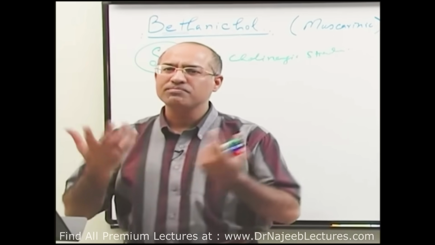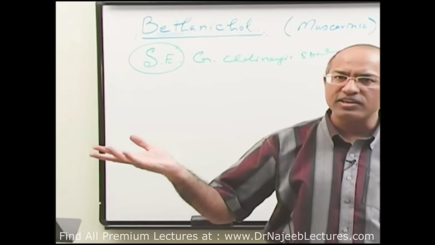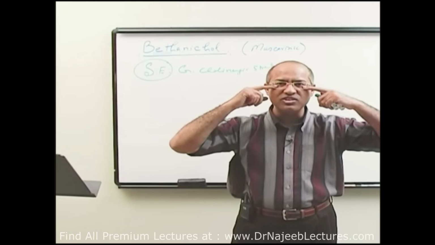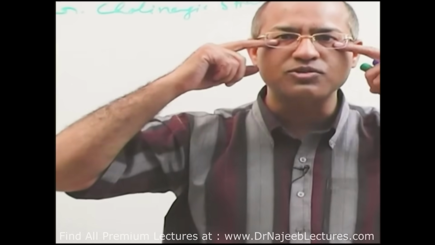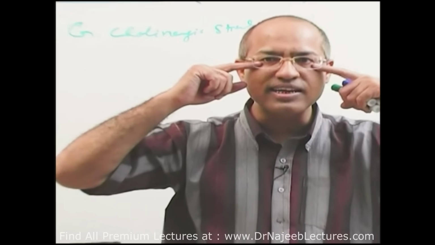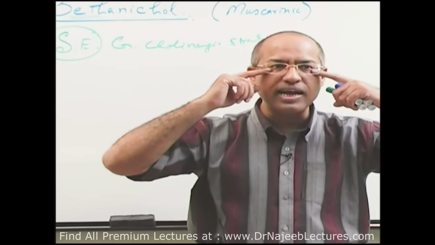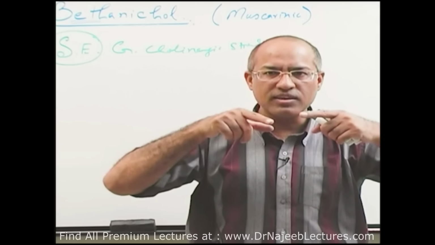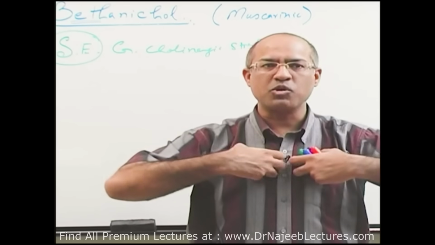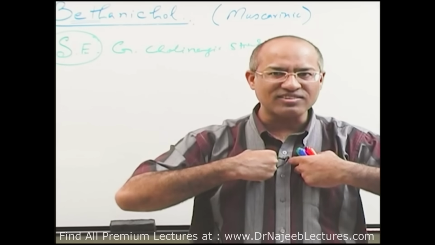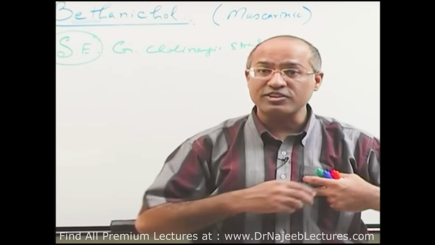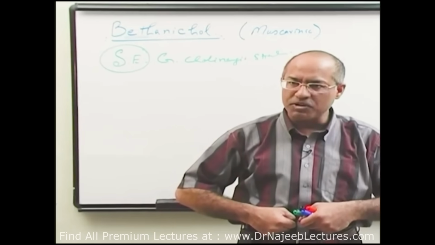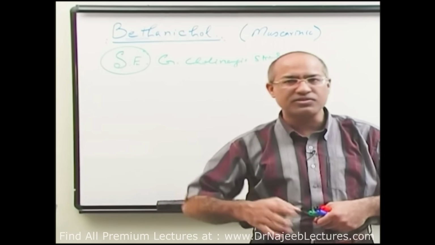So what will be the actions? Again, generalized action of cholinergic: this drug, if given a little more, there will be sweating. Let's start from the top. There will be sweating, miosis with spasm of ciliaris and difficulty to focus the eyes, so blurred vision. Then with that there can be flushing, then salivation, lacrimation, bronchoconstriction and tightness in the chest, and then bradycardia and hypotension related complications can come, and gastrointestinal secretions are increased along with motility and abdominal cramps, and then in very severe cases maybe defecation and urination.